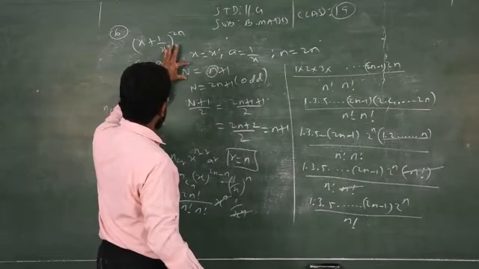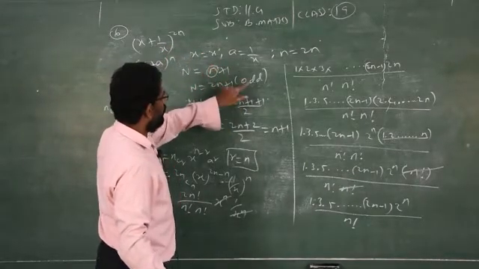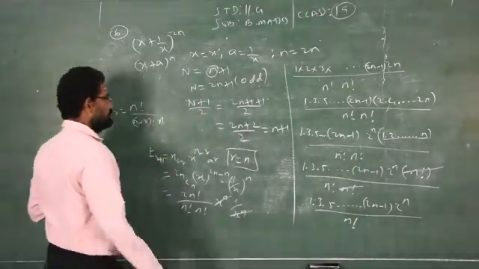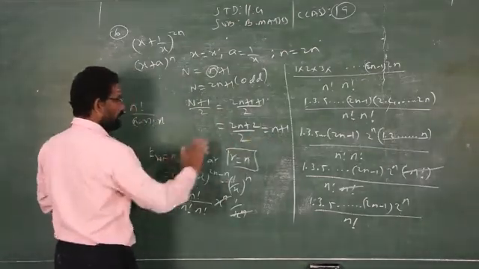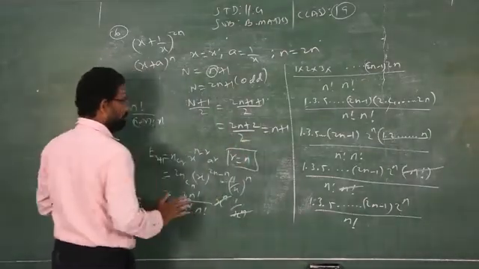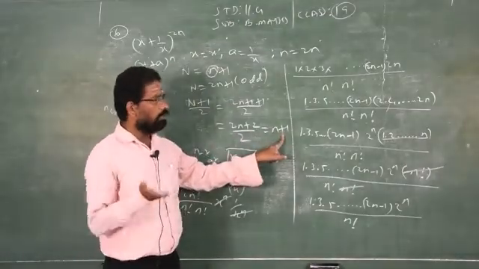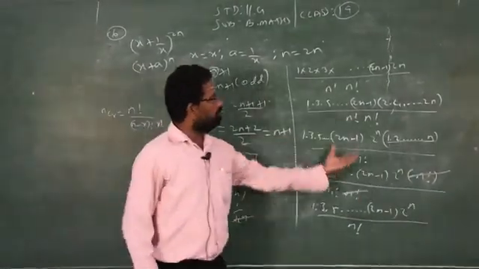First you find capital N. This you know how to find, small n plus 1. If it is an odd number, n plus 1 by 2 is the answer to find the term. That is the n plus 1th term. You cannot replace r by n plus 1th term. You know how to replace r: the predecessor of this number n plus 1, that is n. Just substitute and simplify.